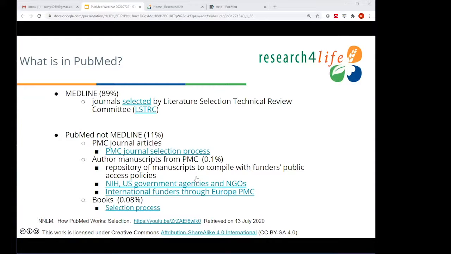0.1% of PubMed citations, about 30,000, are for author manuscripts. There is no journal selection process for this group of citations. And a very recent development, starting June 2020, is a pilot project where PubMed includes citations from preprint servers like bioRxiv. The scope for this is citations which are NIH funded and about COVID-19. These citations have the article type preprint, and I'll show you in the demo